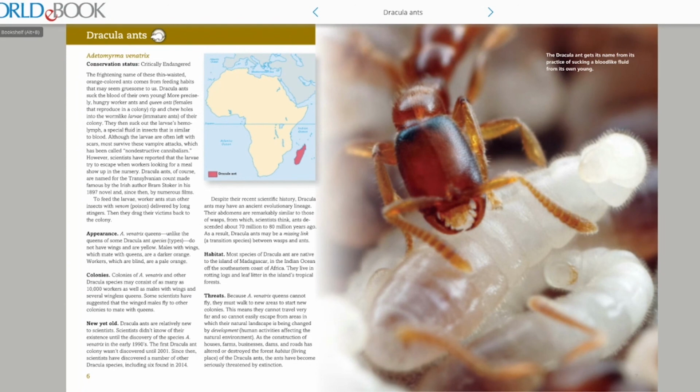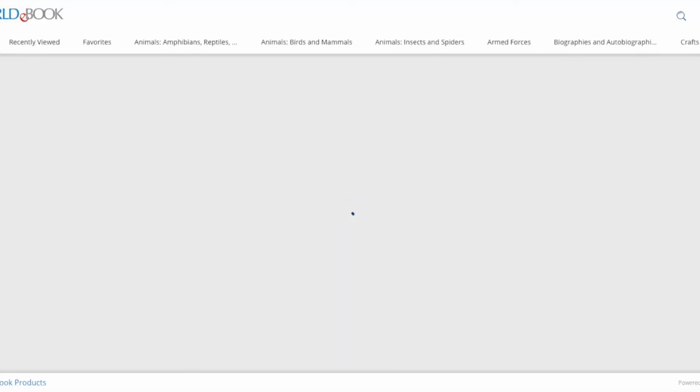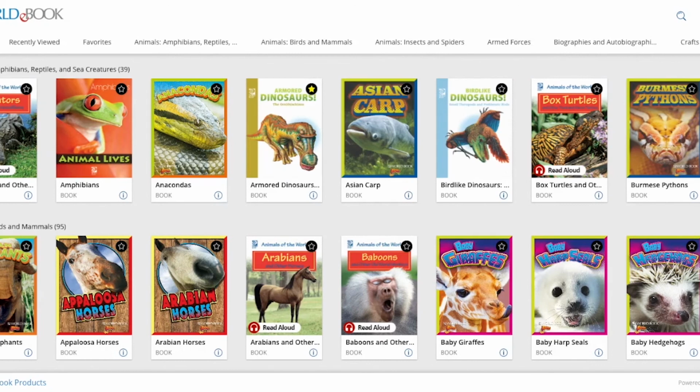And that is one of my favorite things about World Book, all these incredible ebooks that are available for you and your students to use